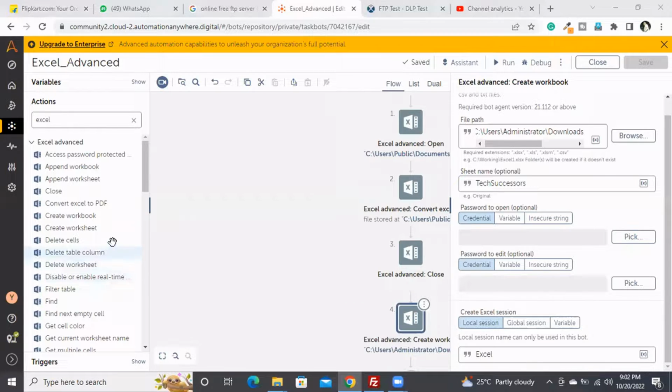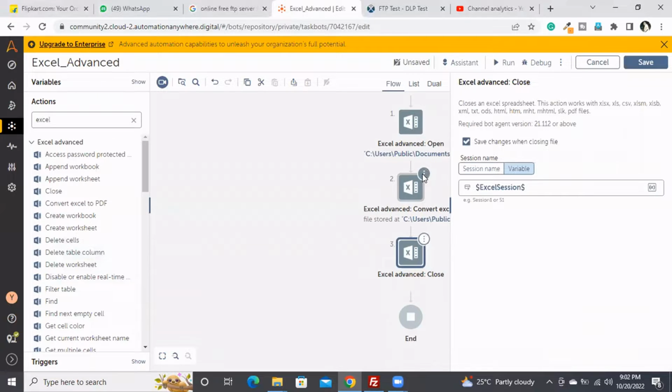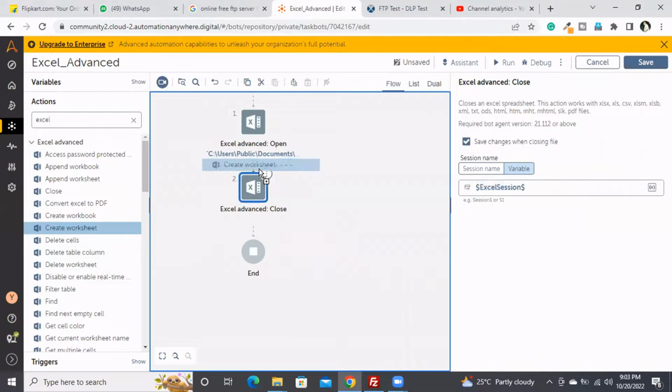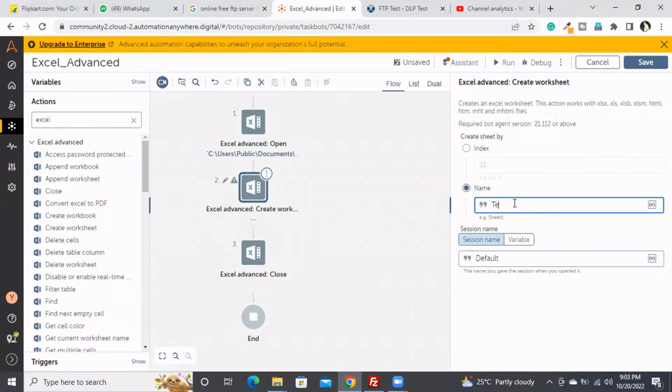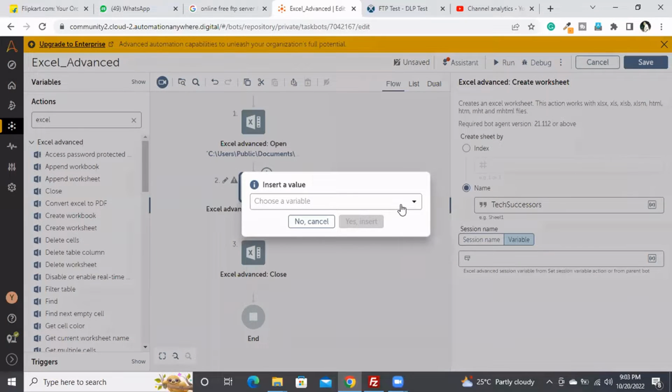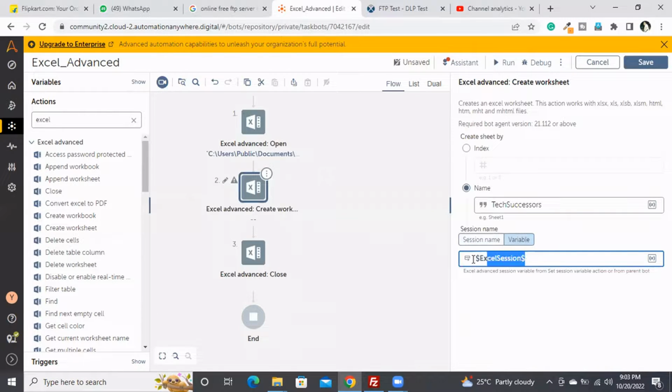by using the create workbook command. The same way, if we want to create any worksheet, we can create that as well. So I'm deleting this command and I'm deleting this PDF conversion too. And now I'm taking the create worksheet. The new worksheet has to be created inside the student details one. So that's the reason here I simply give successors as the sheet name. The new sheet has to be created inside the student details Excel file. So that's the reason I'm selecting here the student details Excel file session. If I run this now,